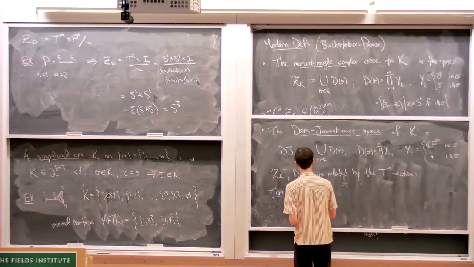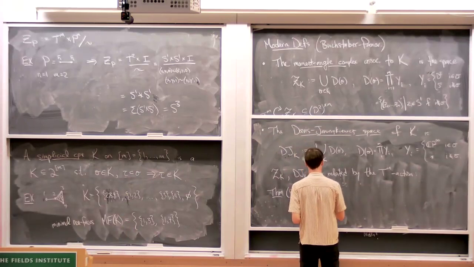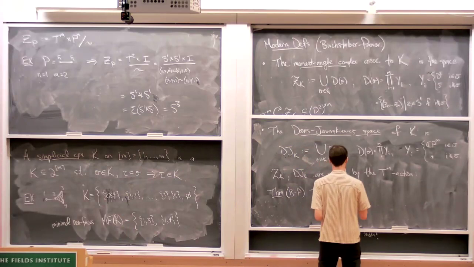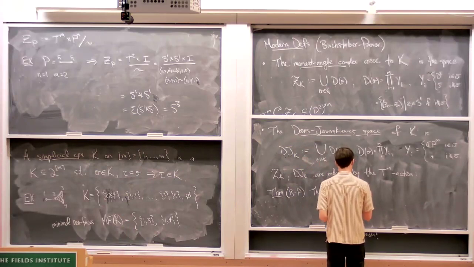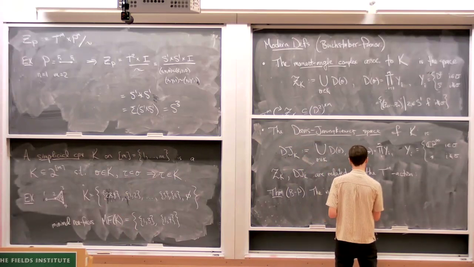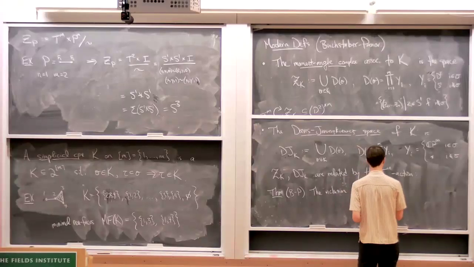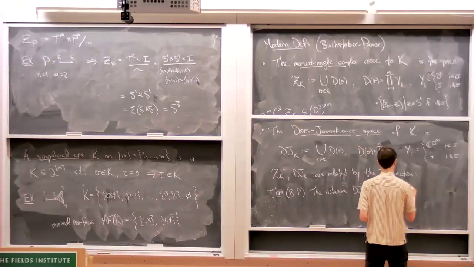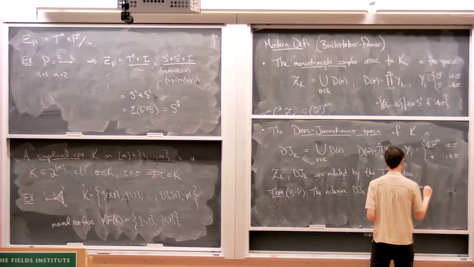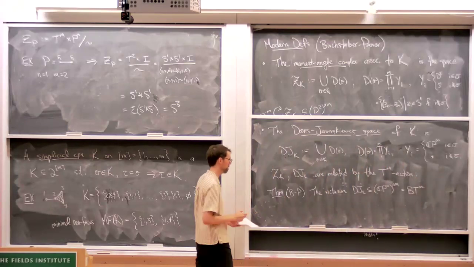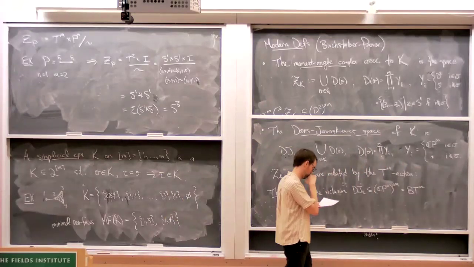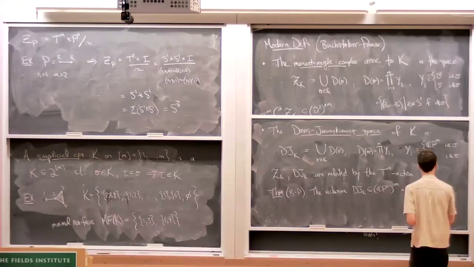So let me say it this way: the inclusion of DJ_K into CP infinity to the M, or the classifying space of the M-torus, factors